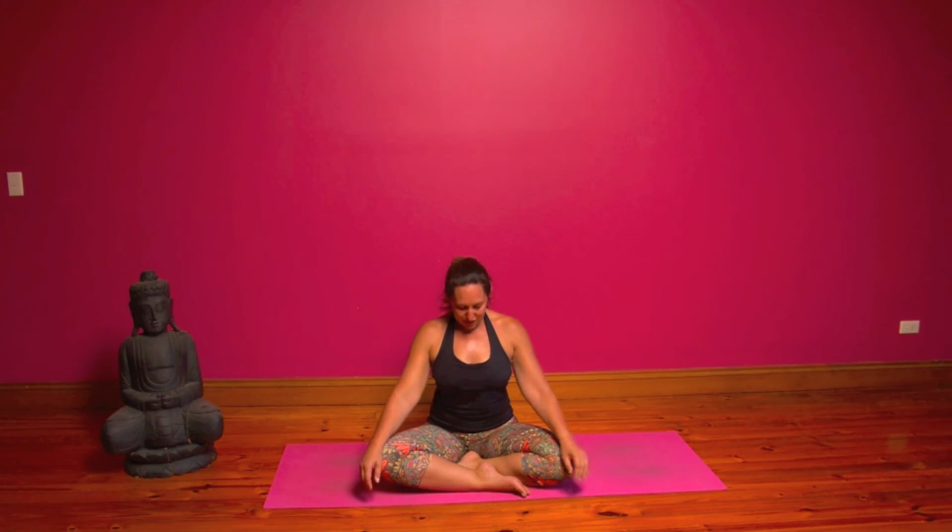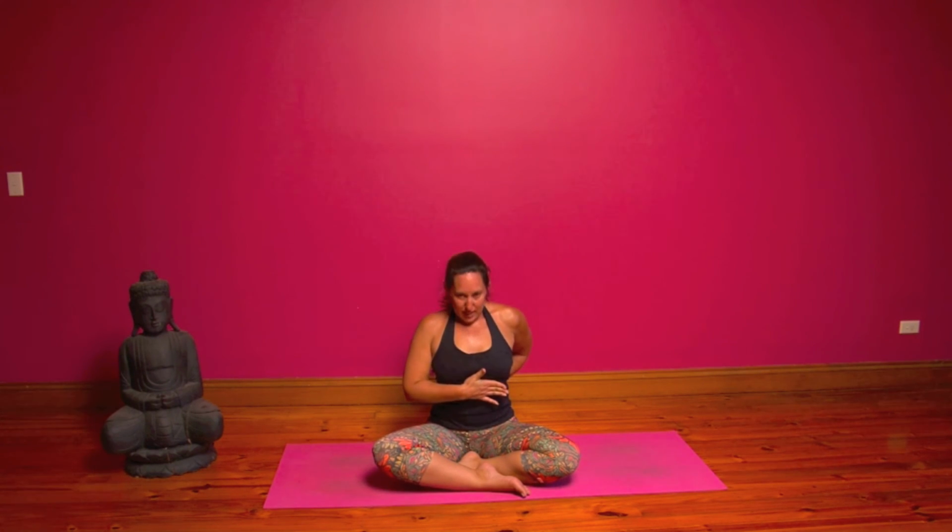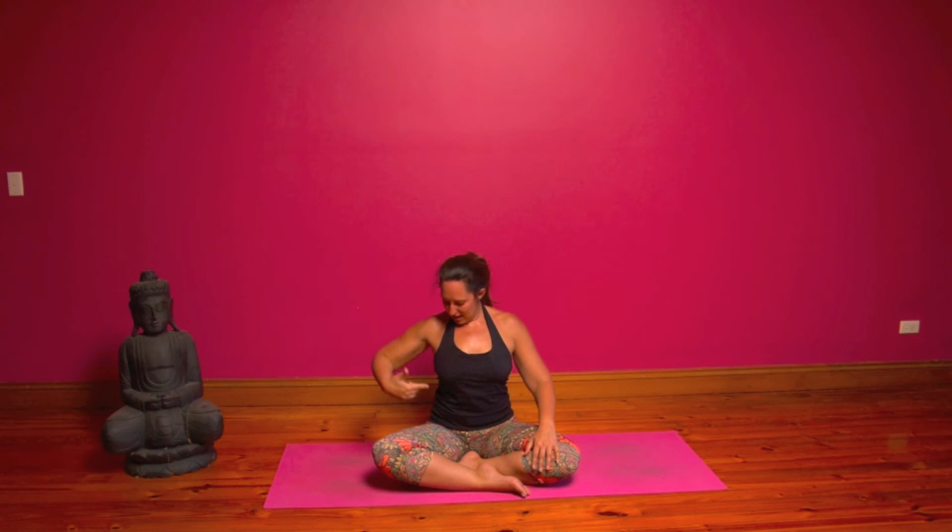And let's close today's practice with a seated meditation. So we want to take the tailbone down, ribs in, lift and open the heart, shoulder blades down the back, so we're stacking our shoulders over our hips, turning our palms up, joining together the thumb and the index finger. We can extend out through the other three fingers. So feel the rise of energy through the spine, closing the eyes down,